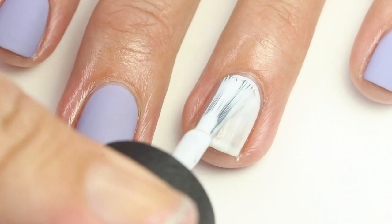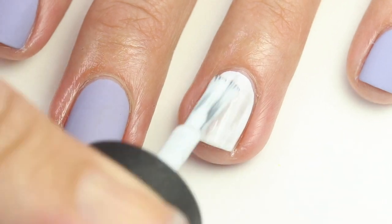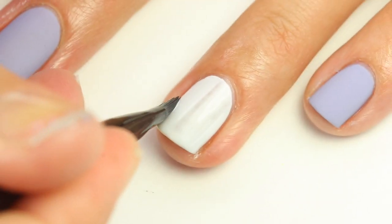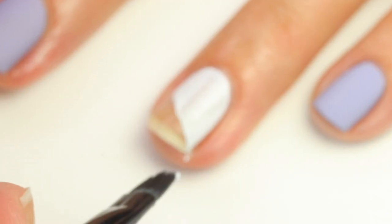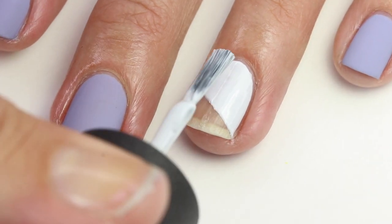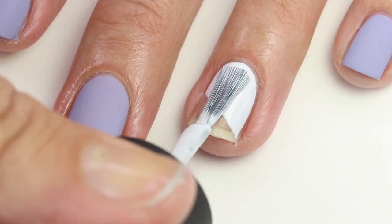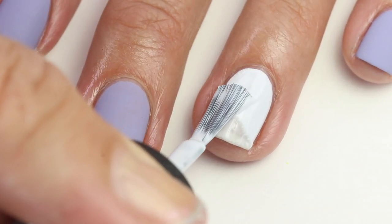Then I'm going to come in with an angled brush, and I've soaked it with acetone, and don't let the white dry, just go ahead and get right into this. And I'm just going to brush that off. Sorry, I got out of focus a little bit, but I'm just going to brush that off. I don't want too many layers because that will peel a little faster, so I take that first layer off on the part that I'm going to do the accent, and then I do another coat